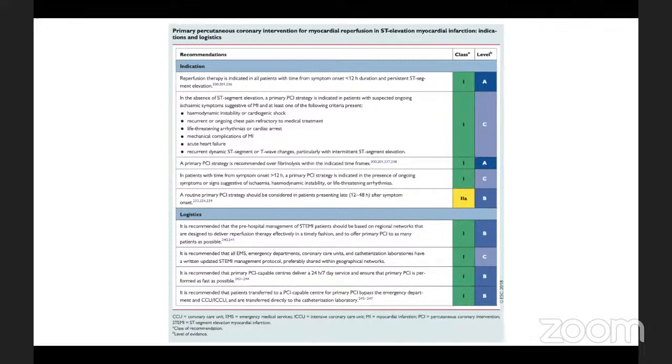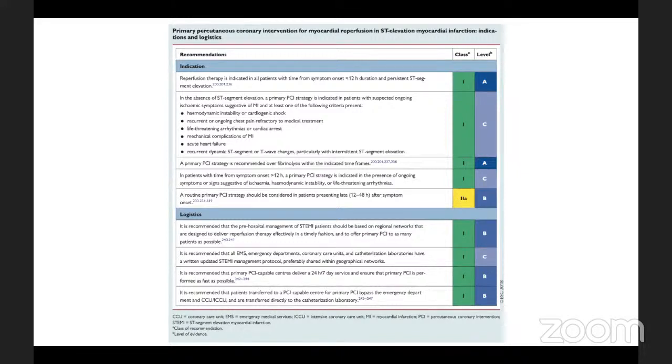Myocardial revascularization in patients with STEMI is addressed by the 2017 European guidelines on STEMI. After reviewing the subsequent literature, the current task force endorsed most of the recommendations of these guidelines. So the indication: reperfusion therapy is indicated in all patients with time from onset less than 12 hours and persistent ST segment elevation. In the absence of ST segment elevation, a primary PCI strategy is indicated in patients with suspected